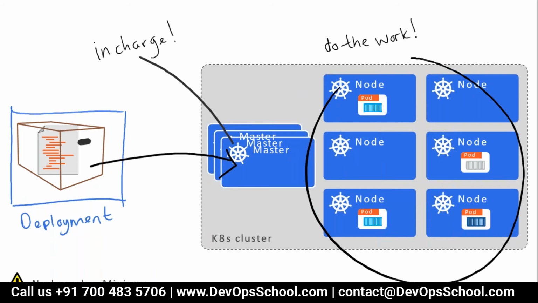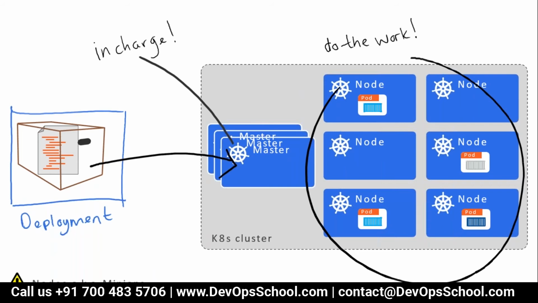But the question is, node has a pod which I don't know, and pod has a container which I know very well. Docker container I know very well. But what is a pod? I don't know, but the thing I know is that you have pods inside a node. We'll figure it out later. But remember, this is your architecture. Master and node together we call a cluster, and node has a pod and pod has a container.